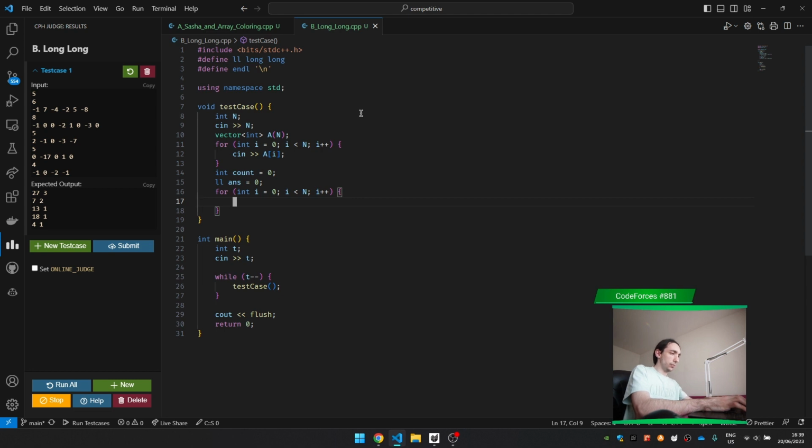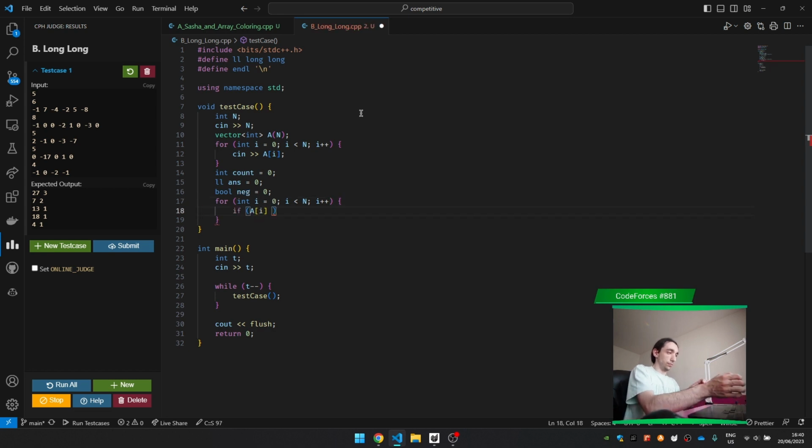We will only break if a of i is a positive number and a of i minus 1 is some negative number. No, actually we will do this. If a of i is a positive number,